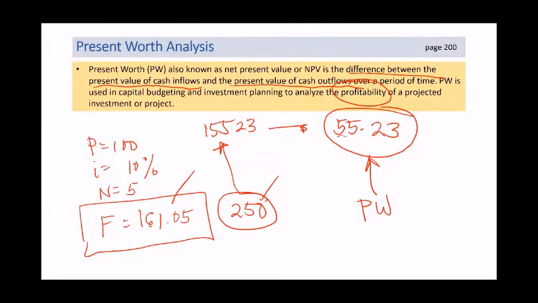So you see here the projected investment. The difference between the present value of cash inflows and the present value of cash outflows. That is the PW. So if it is greater than 0, then that is good. But if it is less than 0, that is not good. That's why if you look at there,